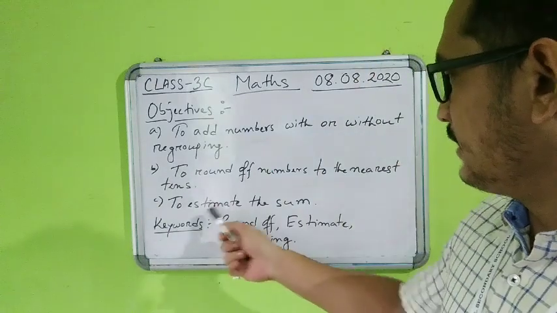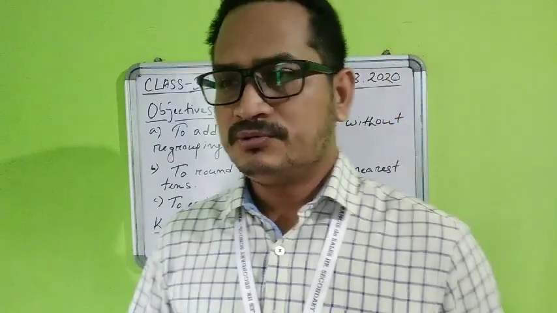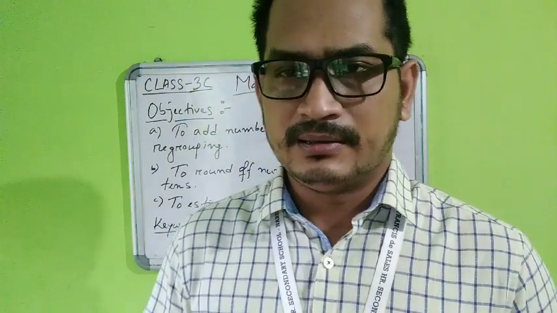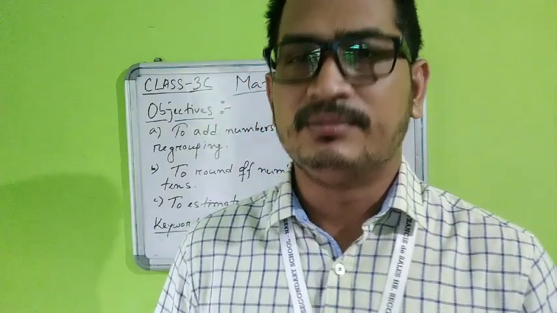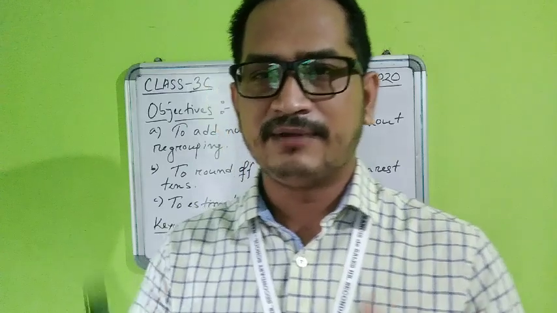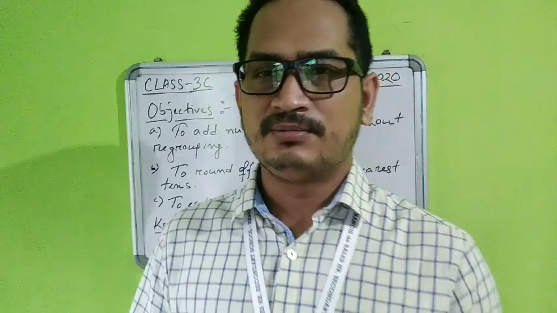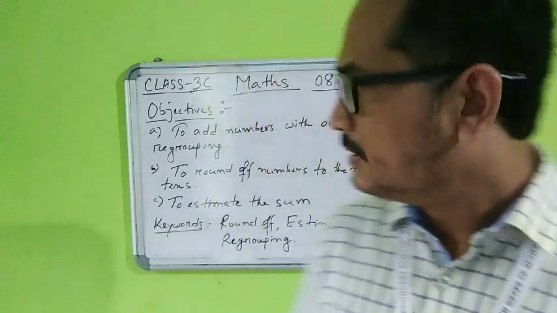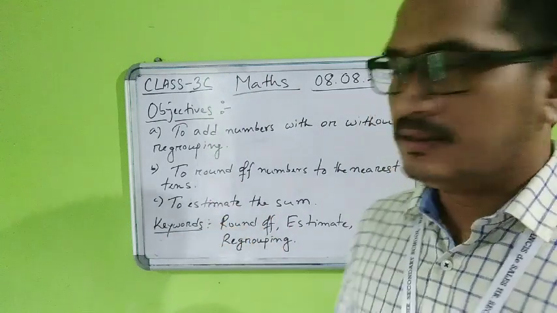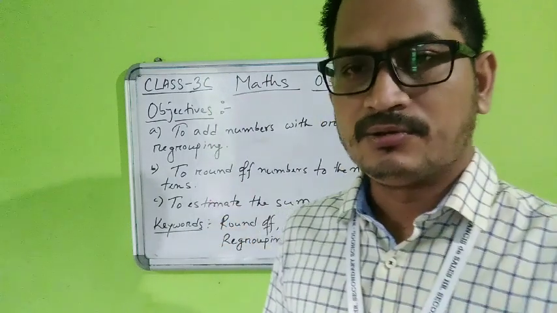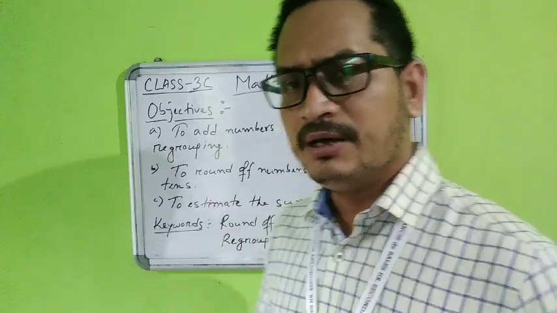Next one is to estimate the sum. That means how to round off or how to estimate the sum of two numbers when we do addition, and after that how the estimation is done of the sum. That also we are going to learn. So these are the three basic objectives we are going to learn in